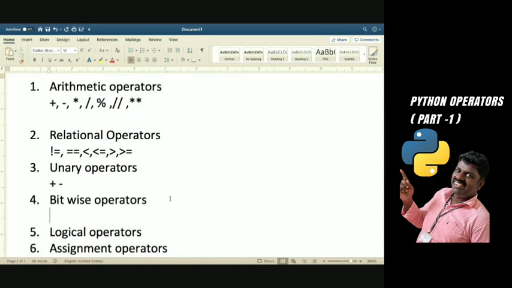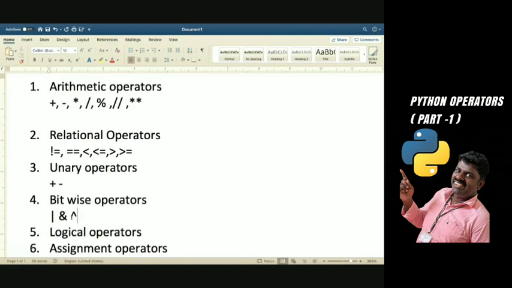For OR we use the pipe symbol, and for AND we use the ampersand symbol. The caret is used for XOR.